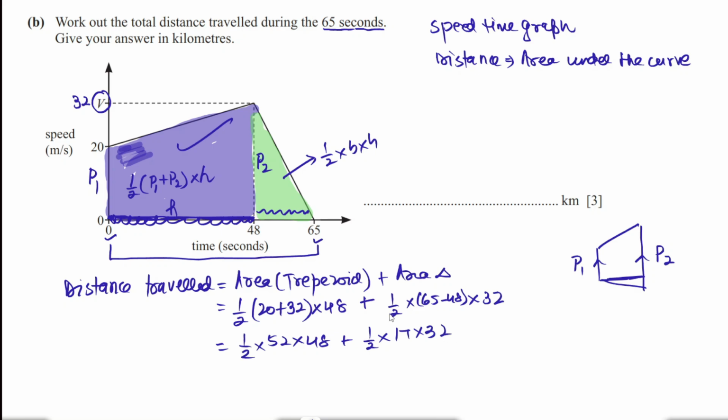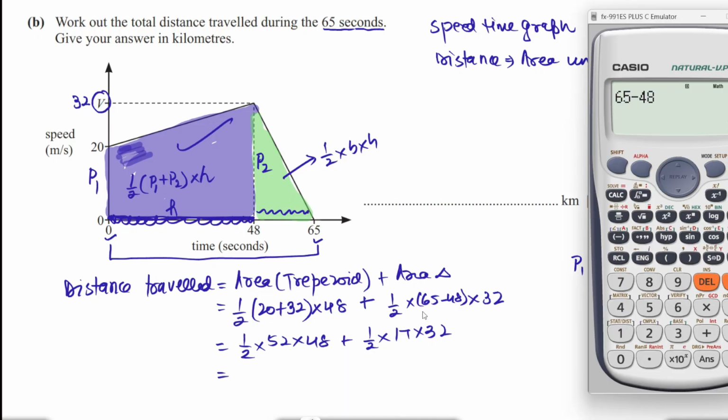Or on the other hand, you can cancel out 2 with this 32 or 2 with this 48 simply, and we can still multiply it. Okay, now let us plug in the calculator. Half into 52 into 48 plus half multiplied by 17 multiplied by 32, and we got